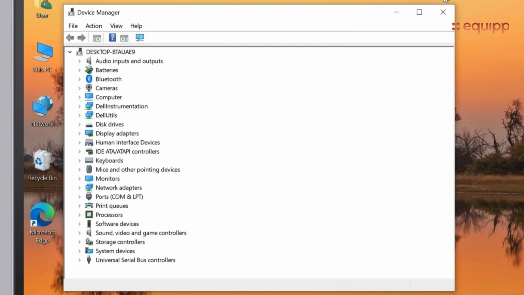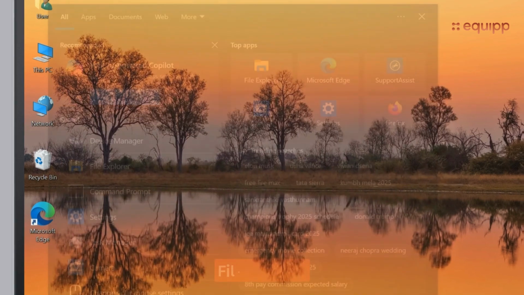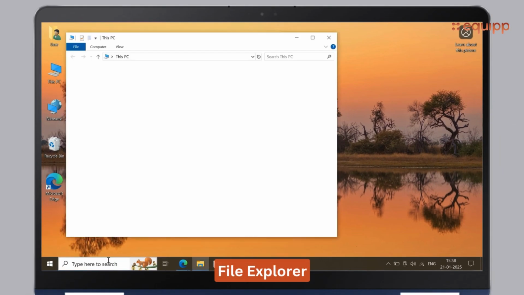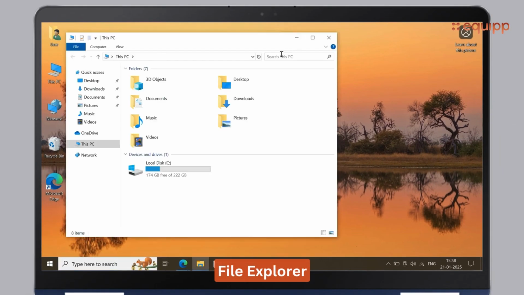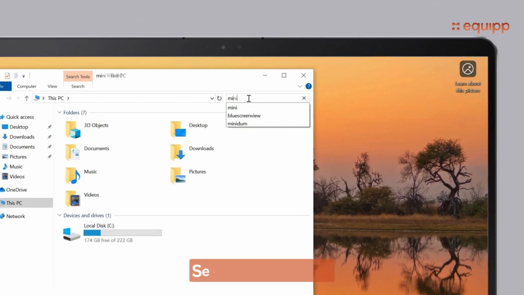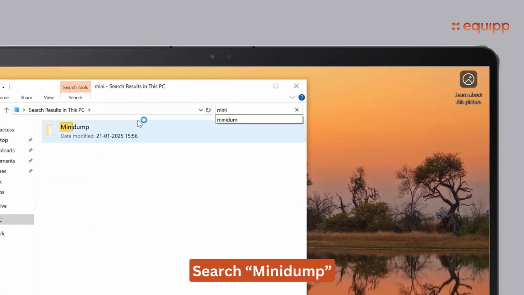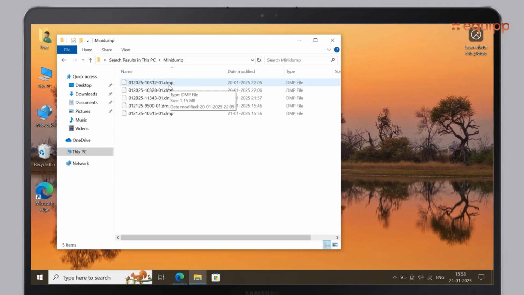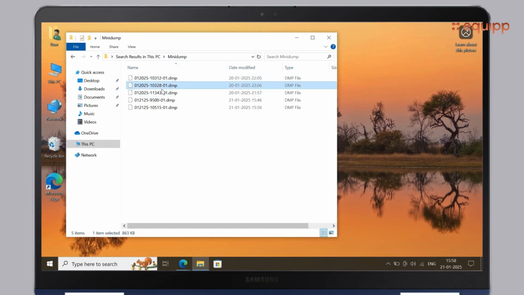If that is the case, then we have another video on how to fix any driver issues that you might face. But if that is not the case, then go to File Explorer and in the search bar, search for Mini Dump. Now, when the laptop had crashed and restarted itself, it had stored the logs as to why the laptop crashed in this following file, which is the Mini Dump. So now we are going to have to run this file to check the logs as to what the error